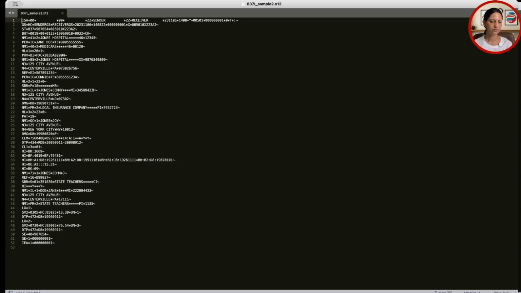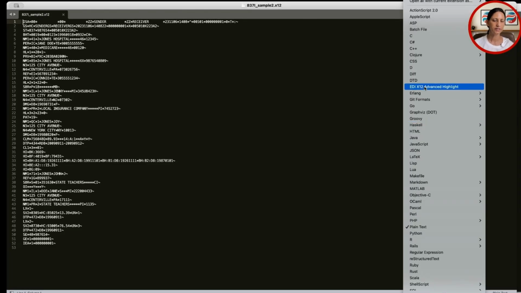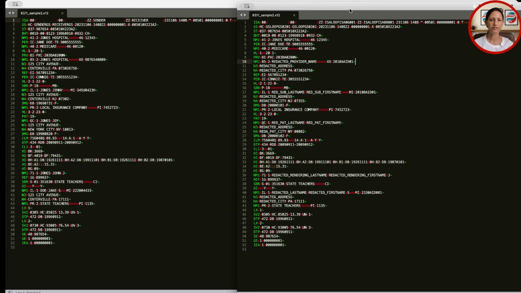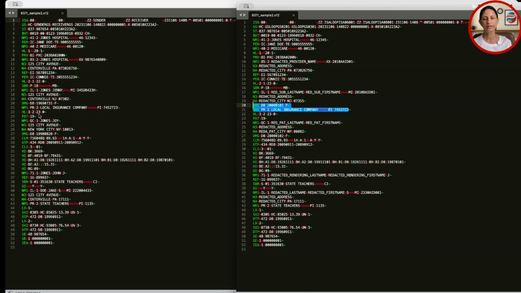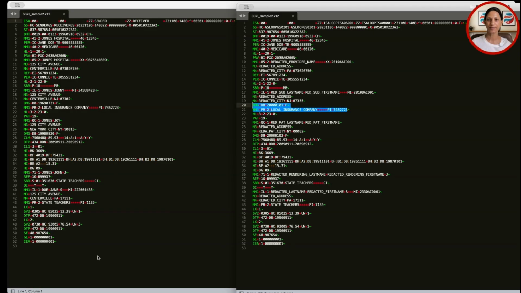Okay, so let me change the color here so that it's read properly. Here, this right side was the file that I had shown you just now when we had done the de-identification. All the redacted data was here. And now on the left side again, I just now opened the file that was re-identified. So now I have received the original data back.